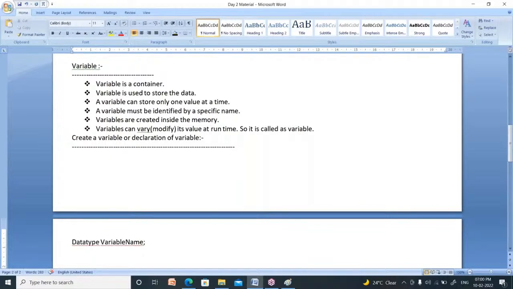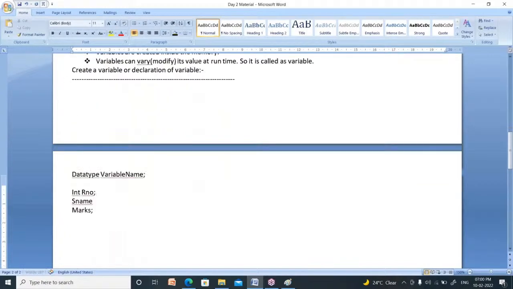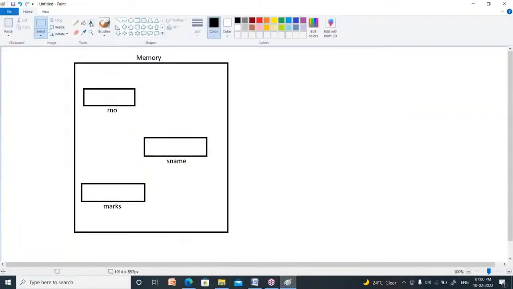Inside the roll number, what type of data can you store? Roll number means 1, 2, 3, 4, 5, 6. Whenever your sir takes attendance, they will call roll number 1, roll number 2, roll number 3, 4. All these are roll numbers, no? Roll numbers are represented using integer numbers. Now, see here, roll number means it is a number.